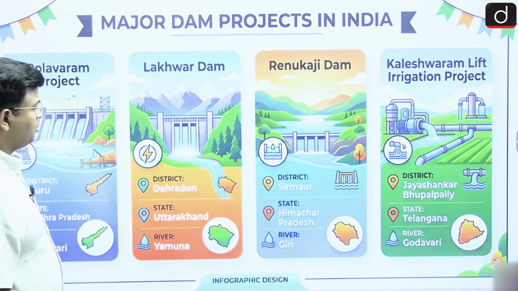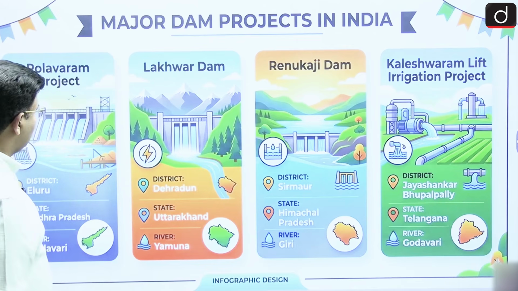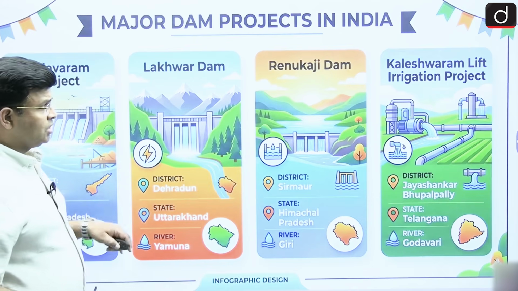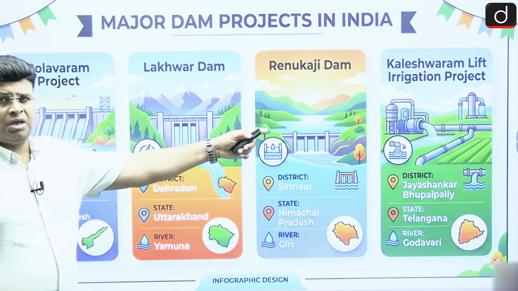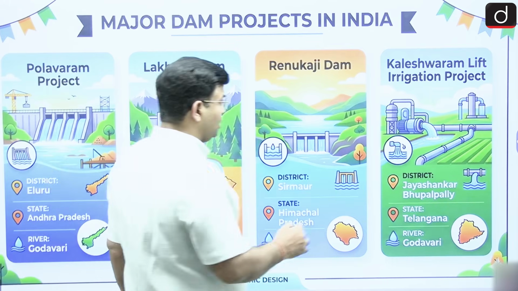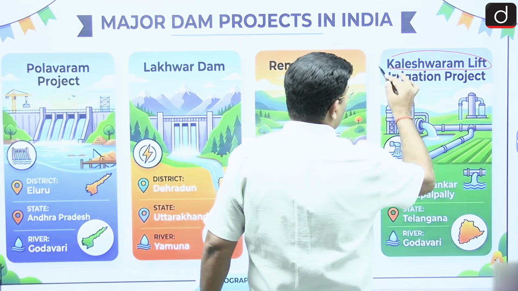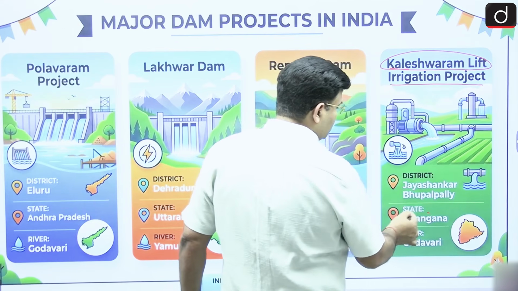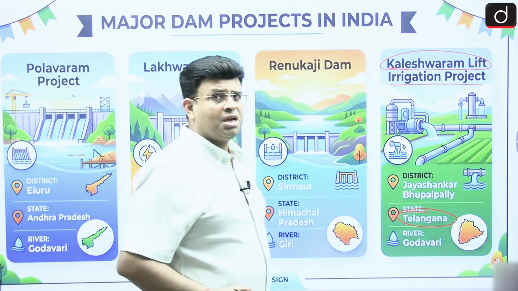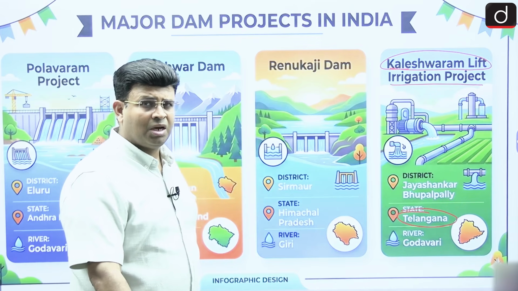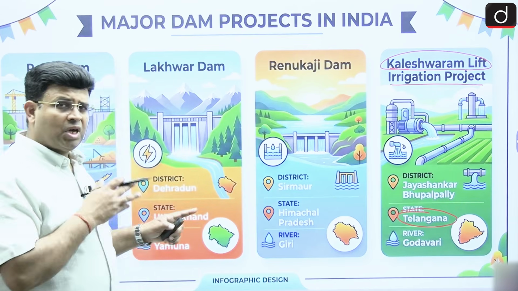Now, the major important dams, if I am talking about, here is Polavaram. On the Godavari, there are 2 dams: Kaleshwaram is a dam formed for lifting purposes. On the Godavari river, the Kaleshwaram lift irrigation project is in Telangana. Just remember that it is in Telangana state,